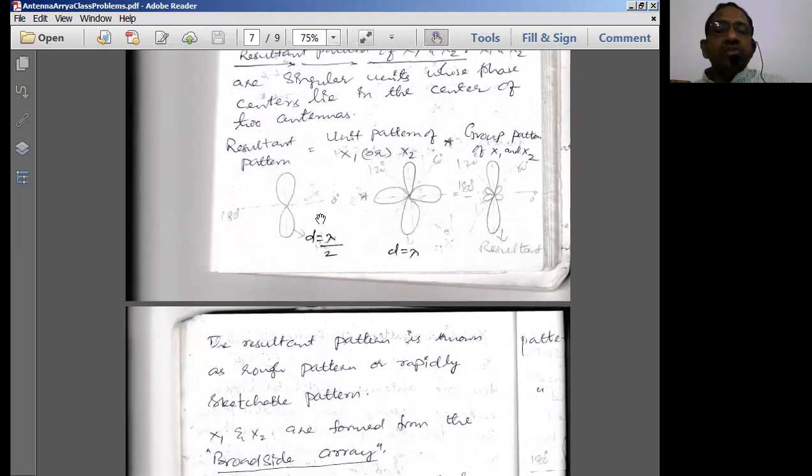When you multiply these two, where is the zero radiation we have? At 0 degrees and 180 we have 0 here. So 0 into something is anyway 0. So we are going to get a maximum. Now the radiation is going to be maximum because we are simply adding these two. So definitely the radiation pattern is going to show maximum radiation in comparison with these two radiated values. So please draw the radiation pattern which is going to be somewhat more than these two radiation patterns. So we'll have radiation patterns like this.